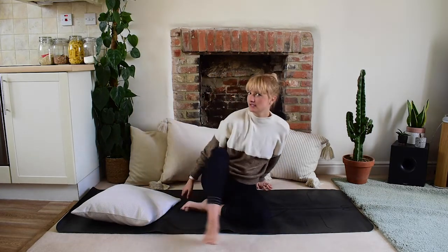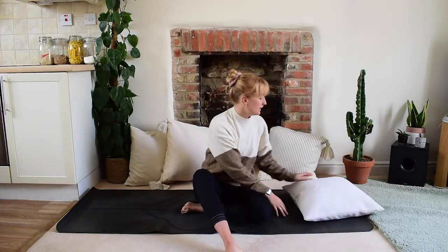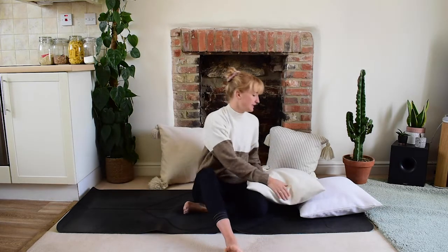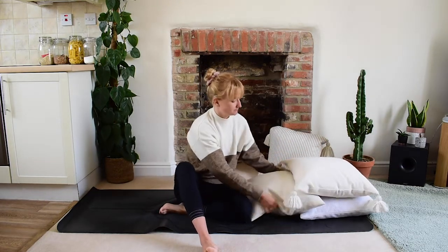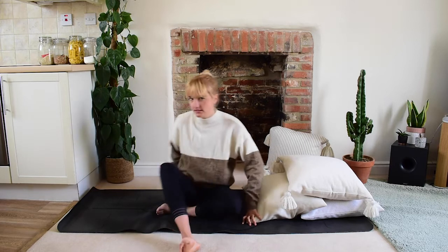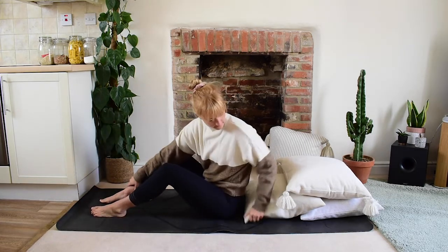And then if you'd like to support your spine in here now and your head, you're more than welcome to stack a few pillows down in here to kind of make like a supportive nest. You can use as many pillows as you like. You can also have a blanket if you'd like. So I'm going to turn my back to that massive